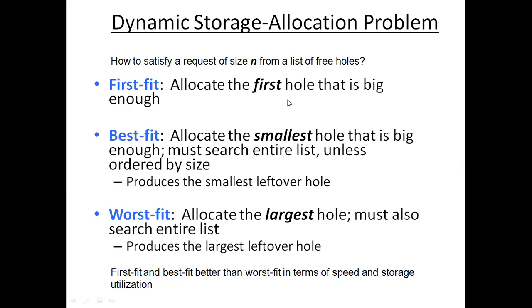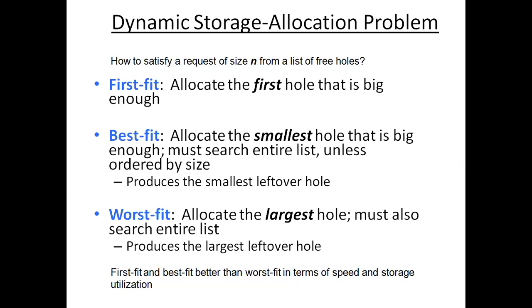First fit is to allocate the first hole that is big enough. What do you mean by that? Let's say a process P1 which is 20 kilobytes comes in. First it will look into the memory. Let's say the first hole is 10 kilobytes. Can that 20 kilobyte process fit into the 10 kilobyte hole? No. So it moves down and sees if there is any available, let's say the second block is 30 kilobytes. Can that 20 kilobyte process fit into the 30 kilobyte hole? Yes, right?